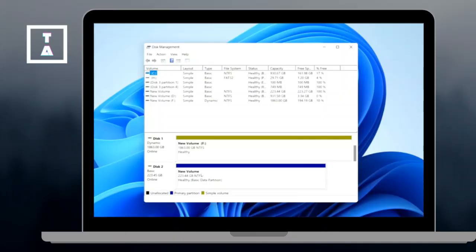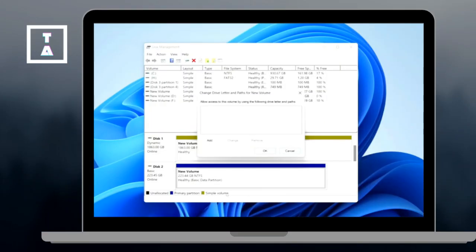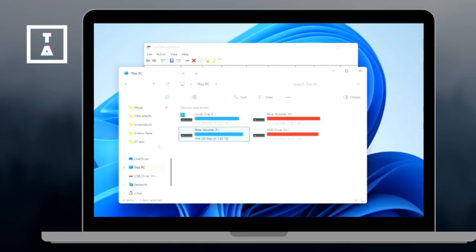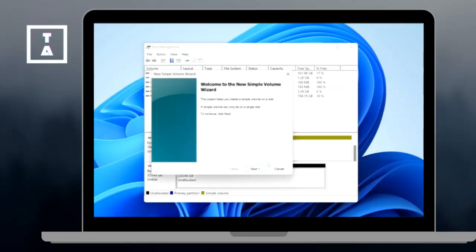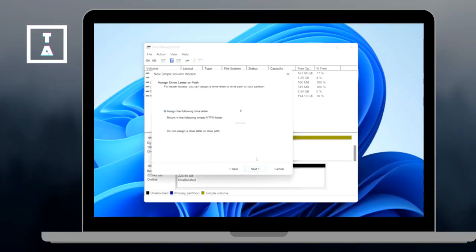If the drive has no letter assigned, right-click it and select Change Drive Letter and Paths, then click Add and choose a letter. Now check File Explorer again. It should appear. If the drive shows as unallocated, right-click it and select New Simple Volume, then follow the setup